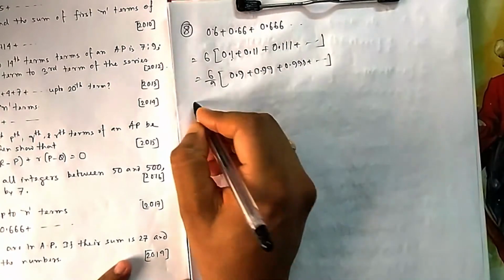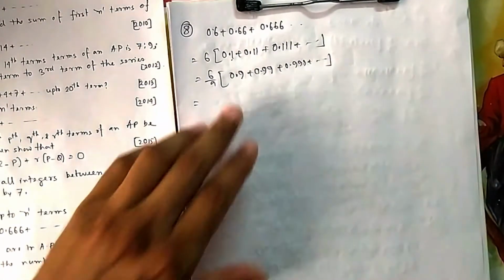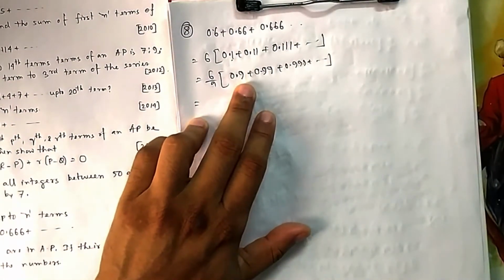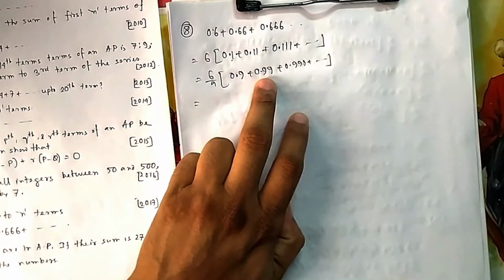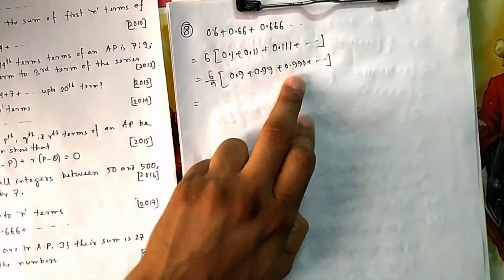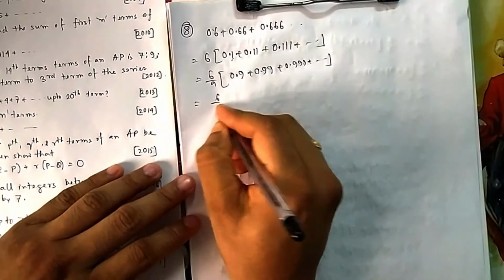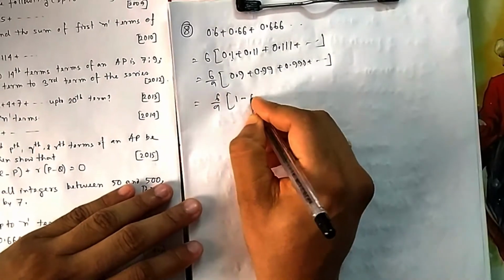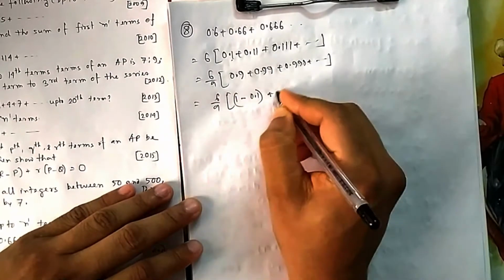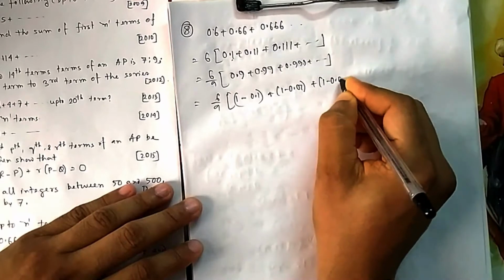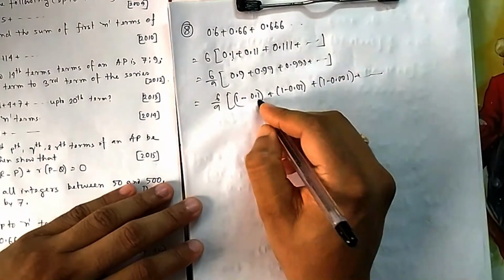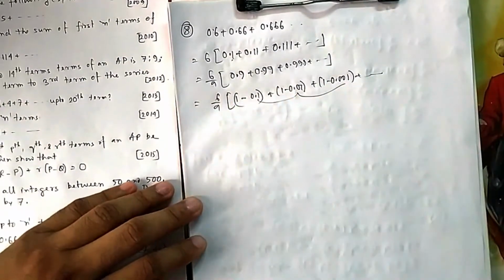Now instead of minus, earlier what was 9, so it was 10 minus 1. Now it will be 1 minus 0.1, 1 minus 0.01, 1 minus 0.001. So you can see a similar fashion but a different series: 1 minus 0.1, 1 minus 0.01. Now which one is forming GP? This one is forming GP. Earlier the first one was forming GP.